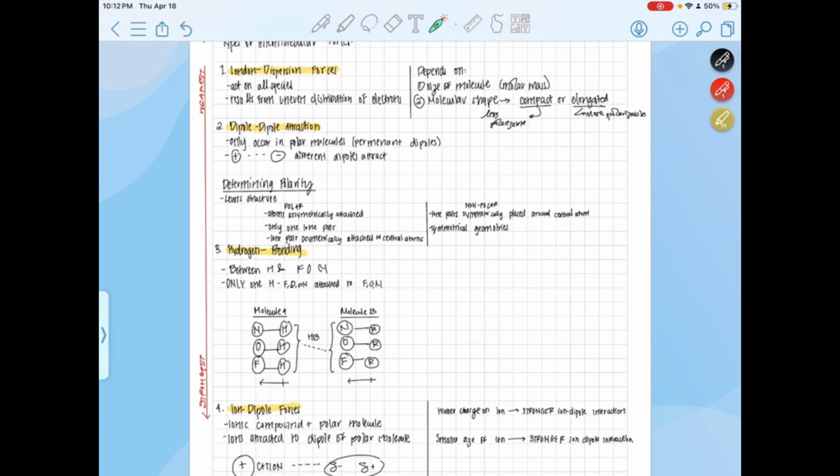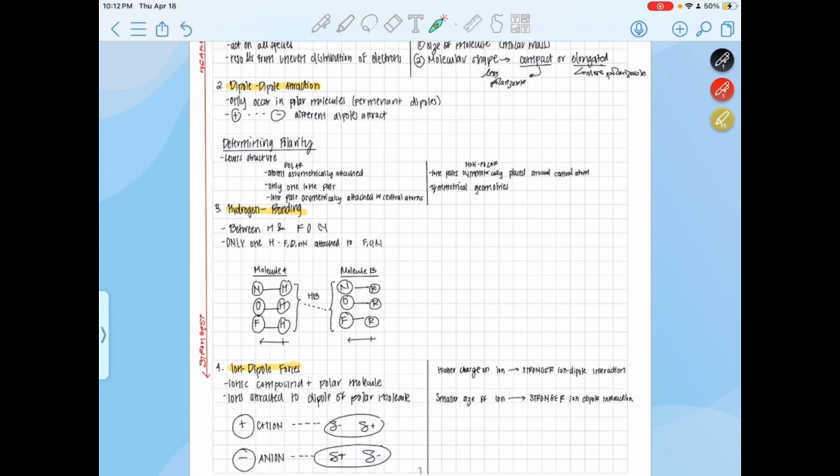Dipole-dipole attraction occurs in polar molecules which have permanent dipoles. It occurs between a positively charged molecule and a negatively charged molecule, where the different dipoles attract. To determine polarity, you can see that something is polar when the atoms are asymmetrically attached, or if there's a lone pair and the lone pairs are asymmetrically attached to the central atom. In nonpolar molecules, the lone pairs can be symmetrically attached around the central atom like this, or they can